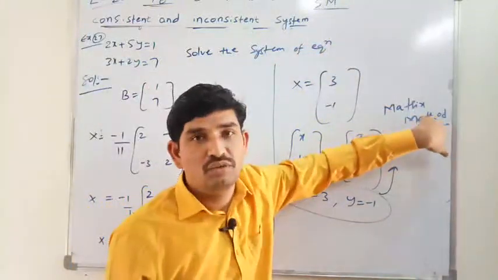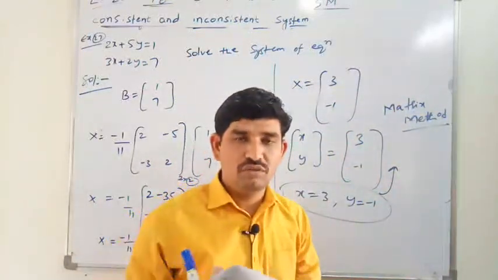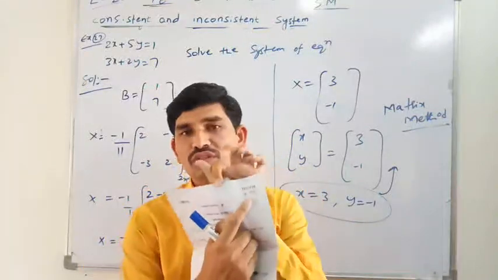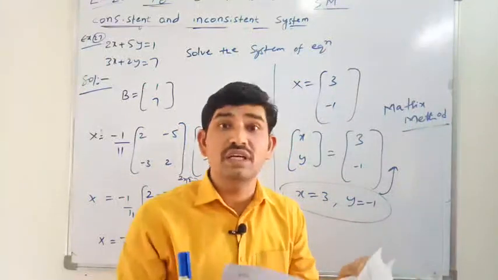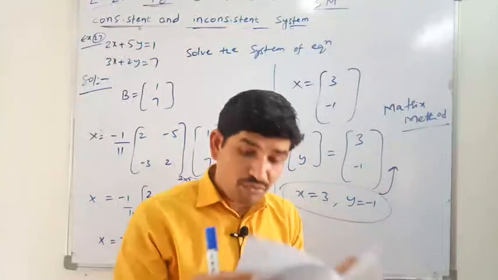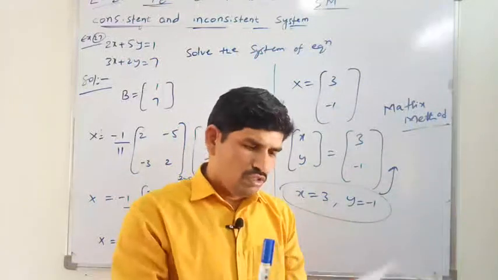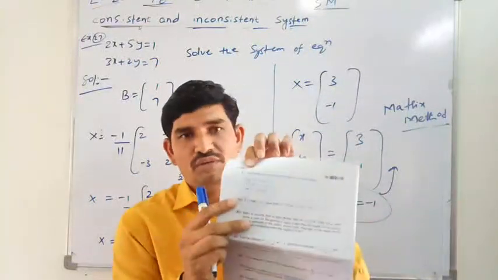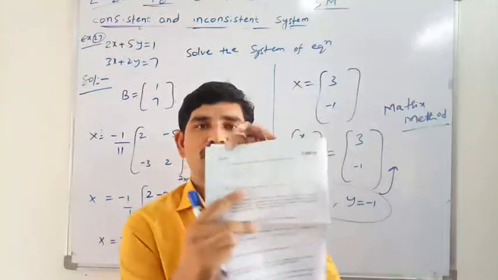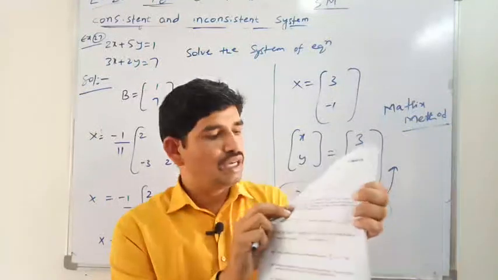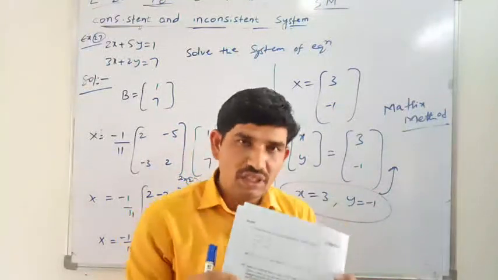The question will also be asked in the final exam: solve the system of equations by using the matrix method. All of you observe here, I have a 2020 paper also. See, this is the 2020 paper. In this you will see one of the questions asked from this exercise only. Each and every year he is going to ask one question for 5 marks. See, this is the part D 5 marks question, question number 41. What he is asking: solve the system of linear equations by matrix method. In this he gave a total of 3 equations, which means there are 3 variables. So we will see one of the questions.